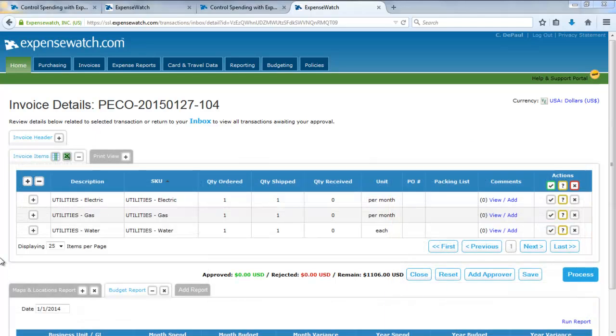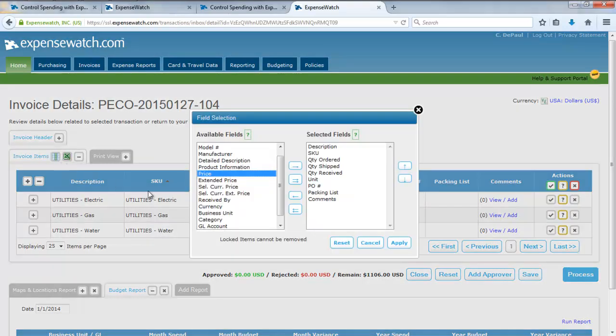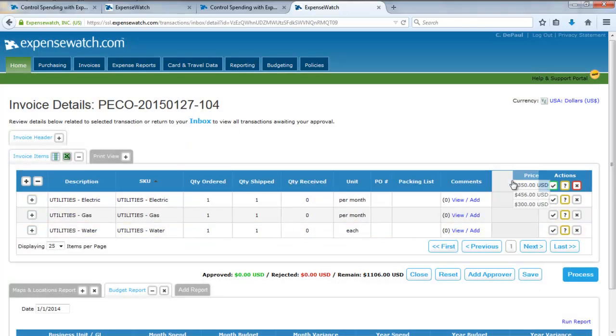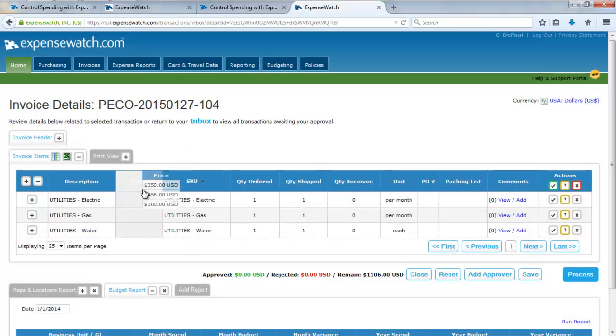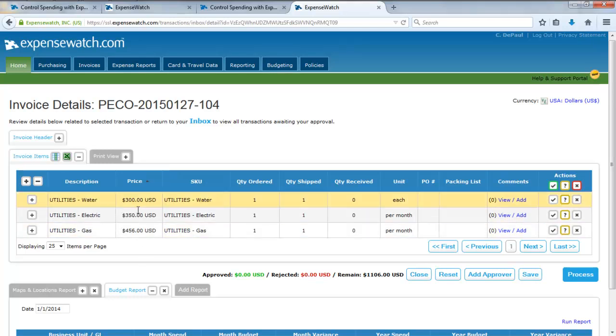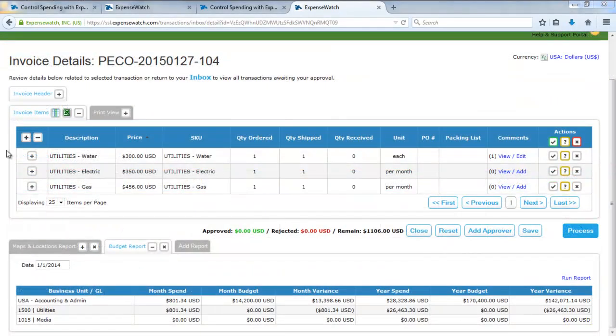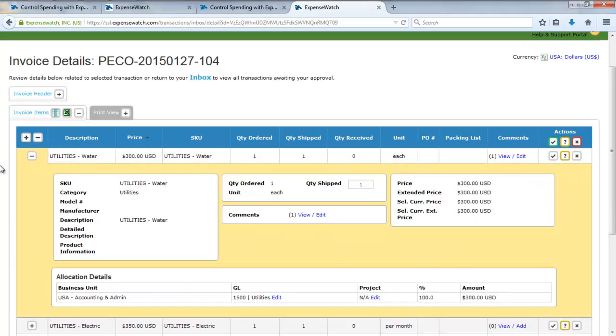The middle line item detail section includes all the line items on the transaction, and like the inbox, the users have the ability to select which columns appear, in the order that they appear, and are also empowered with the ability to sort the line item details by the column headings. Line item details of a transaction are initially shown in summary form. You can drill into a transaction to see all the details, including comments,